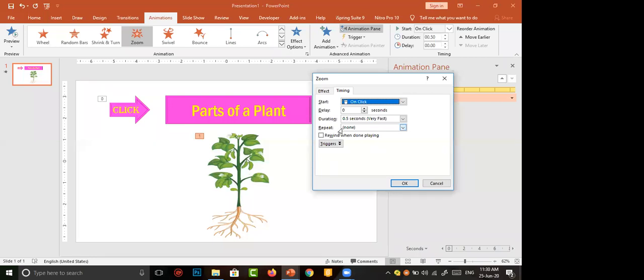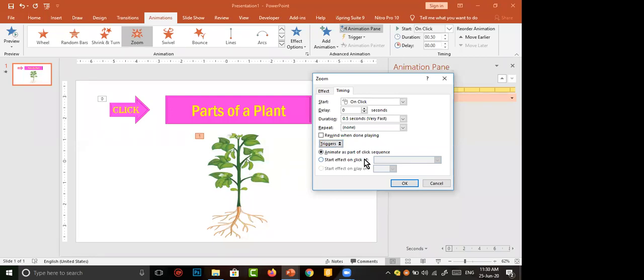These are the things we have seen. After that, here is another box with the name Triggers. We have to click on Triggers. After clicking on Triggers, we get two more options. Just listen to the second one.